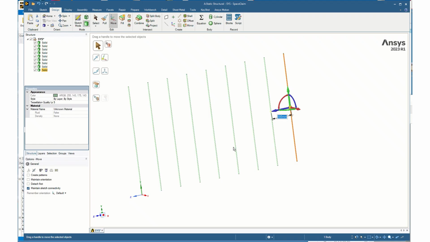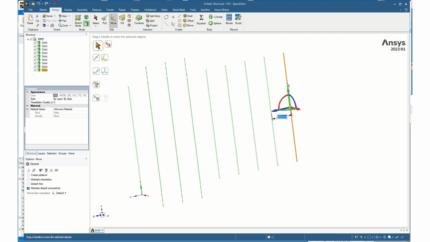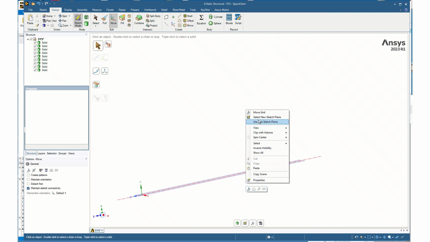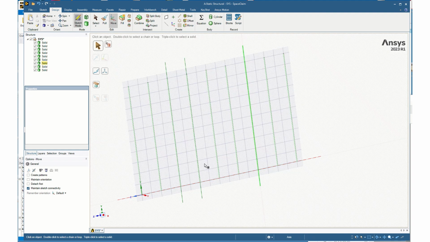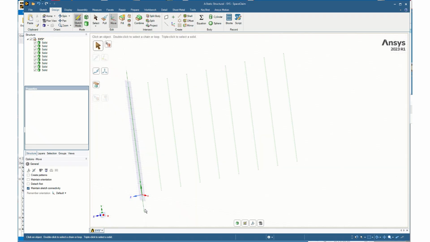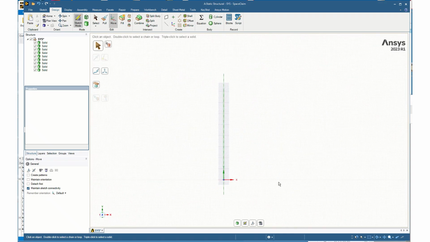To create the beam, I'm going to sketch in a different plane. So I'll change my sketch mode. I'll right click, and you can see that this says detach all or use last sketch plane. If I click on that, that shows me the sketch plane. I can right click then and click select new sketch plane, and I want to click that vertical sketch plane right there, and so I'll click that, and now I can hit plan view, look at this thing face on,